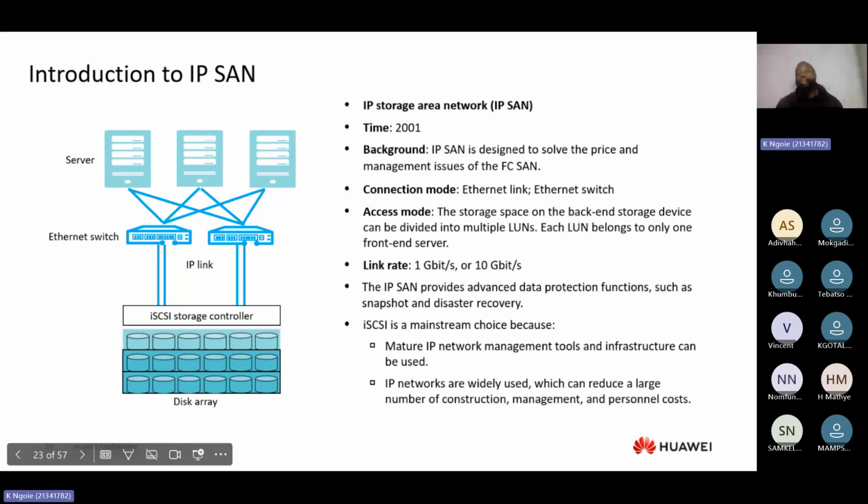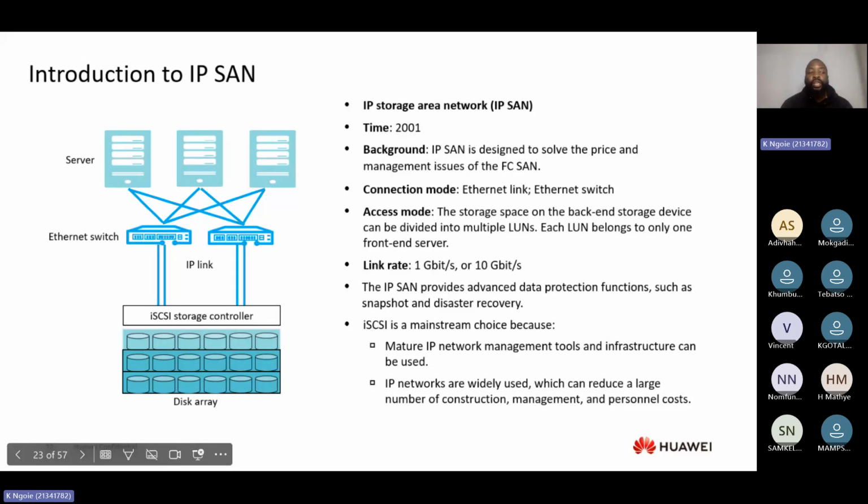Because of the cost of your FC SAN, this was introduced in 2001, when another technology could work with the connection mode of Ethernet links and Ethernet switches instead of using fiber links and fiber switches. So remember, the Ethernet links connect servers to the storage devices, and then the Ethernet switches